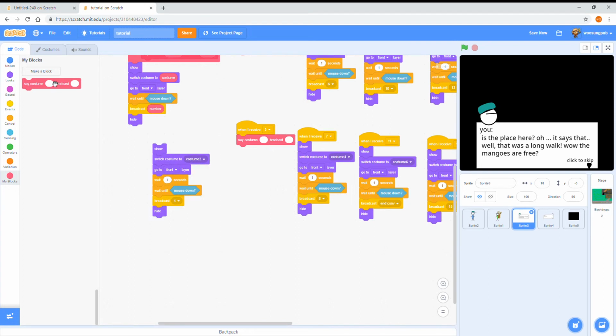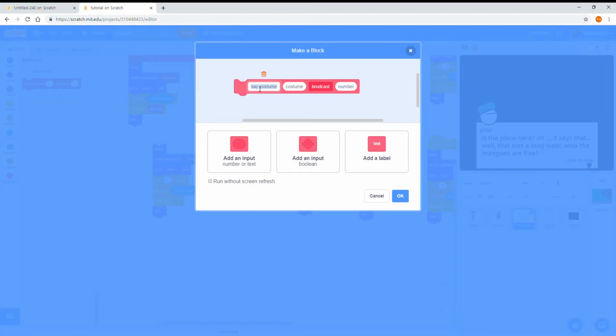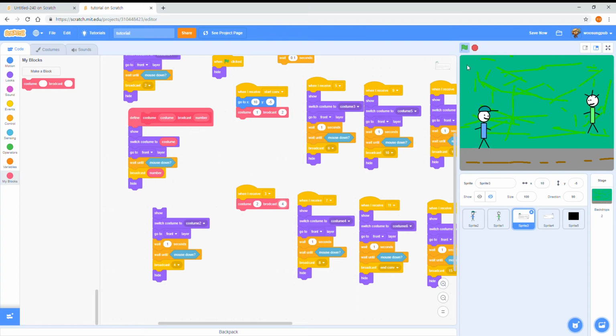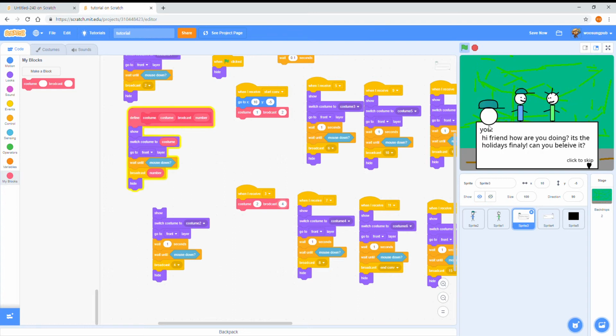Costume, what? So not say costume. So costume 2, broadcast 4. I don't know, broadcast. Oh wait. Yeah, broadcast 4 because this is the third one. And yeah. So if we try it again, that one is this, and that's not. So this is it. So now if we try again,